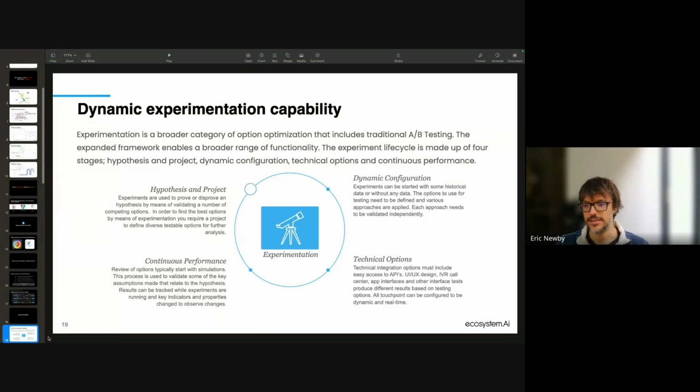So experimentation is quite a broad term. I think the traditional version of it, at least in the environment that we are interested in and talking about, is traditional A/B testing, where you have two options and you want to see which one is best. So you randomly present one option to some people and another to other people, and you use that and a bunch of statistics to determine is one option better than another, and by how much.